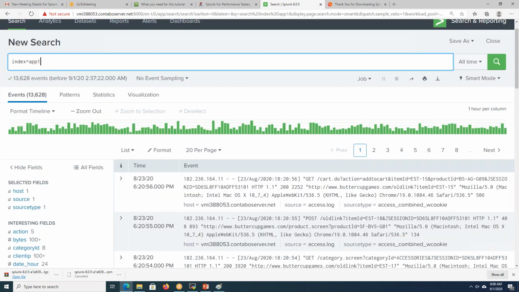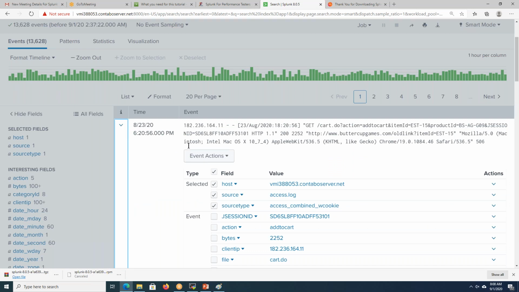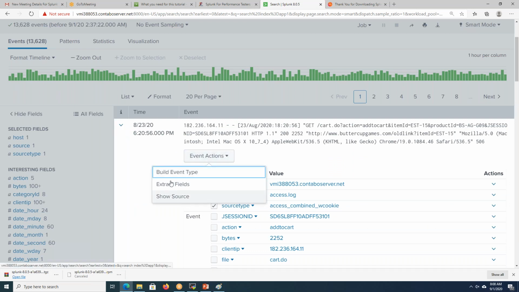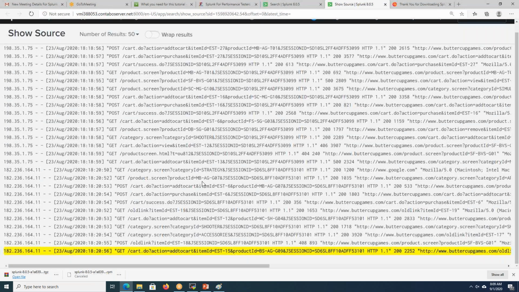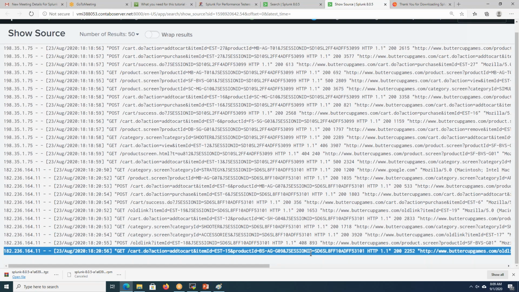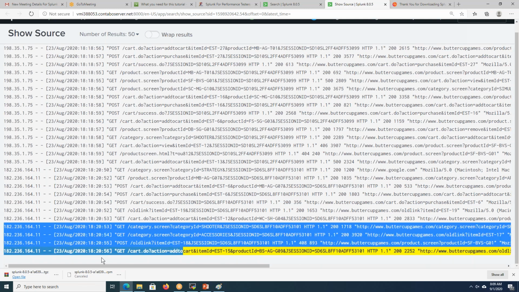If we click on a particular timestamp, there will be some options like extract fields or show source. If I click on show source, it will display the particular log. If I want to send something to my developer, I can send it like this. Let us assume this is my failure.